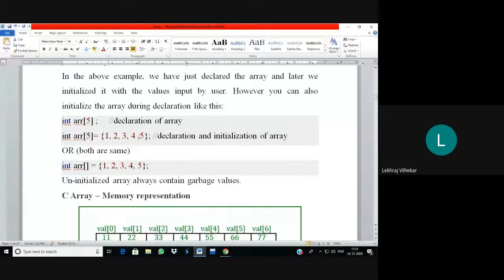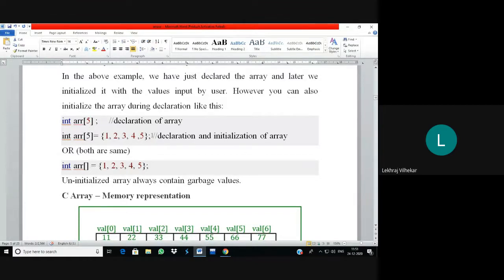When our program is compiled, at the same time array 0 has the value 1, array 1 has the value 2, array 2 has the value 3, array 3 has the value 4, and array 4 has the value 5. So during compilation the values are available to us, but in the previous case, during program execution, we are just inserting the values in the array.